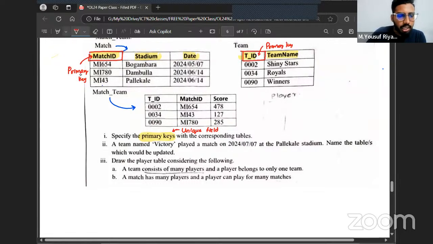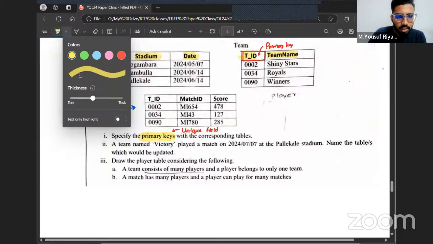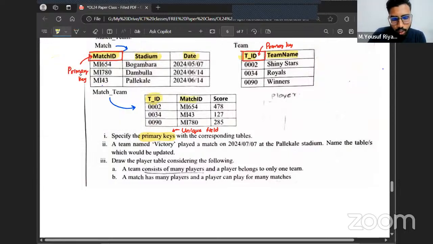How about the match underscore team table? You have the team ID, the match ID, and the score. Sorry, match underscore team. In the third table, is it possible to take exactly one field as a primary key? Actually speaking, no. Why I'm saying no is because, for example, you can see there are different types of